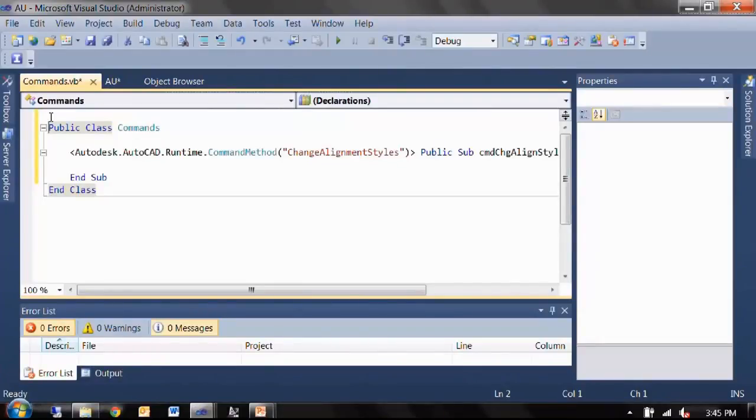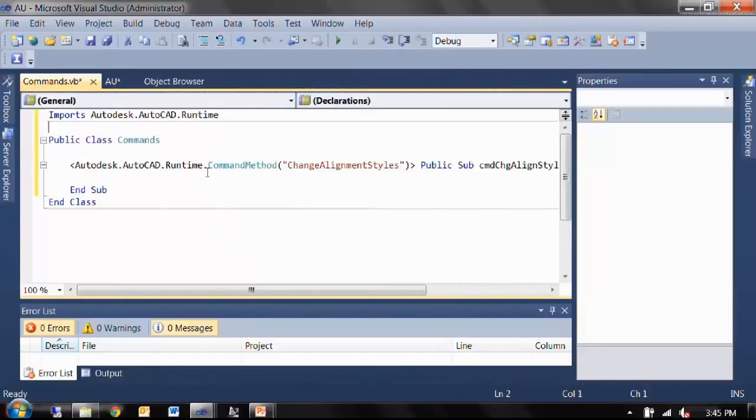We can do something similar in .NET using Imports. So I'm going to import Autodesk.AutoCAD.Runtime. And now I don't have to type the entire length of that crazy name because I've imported the namespace. You see how the namespaces are coming in? This is a namespace that Autodesk has